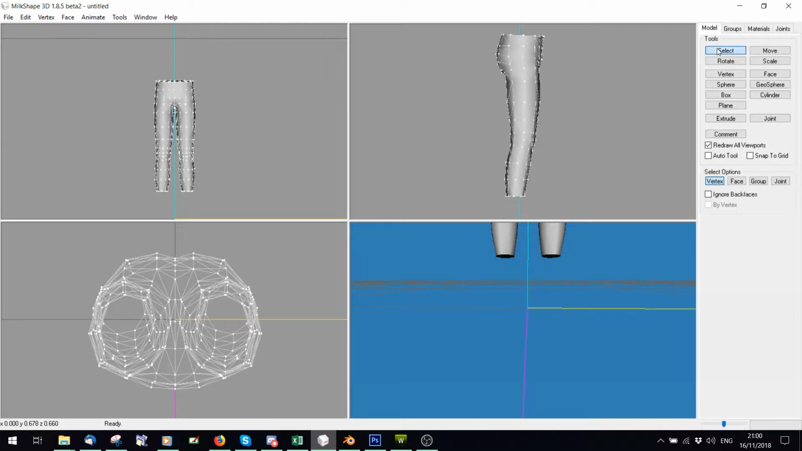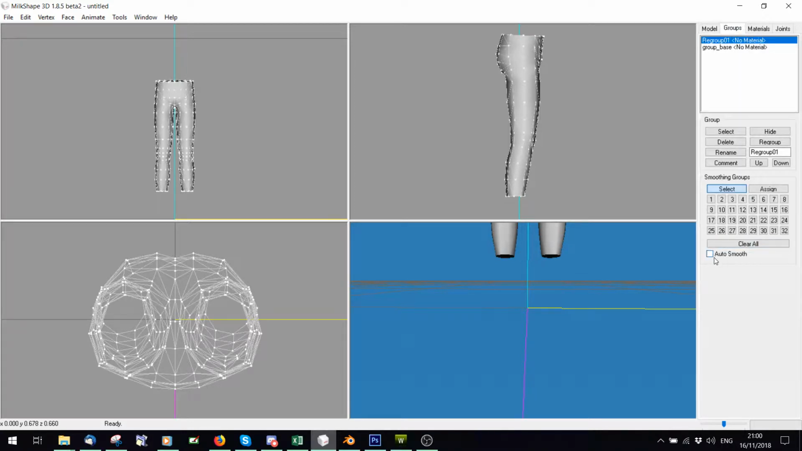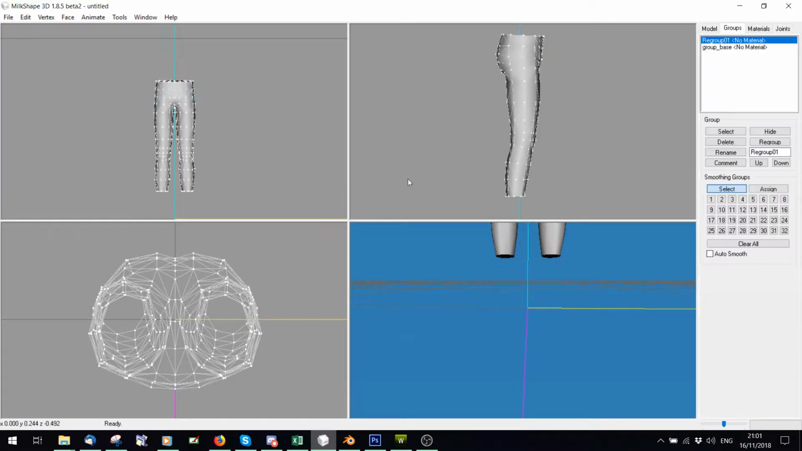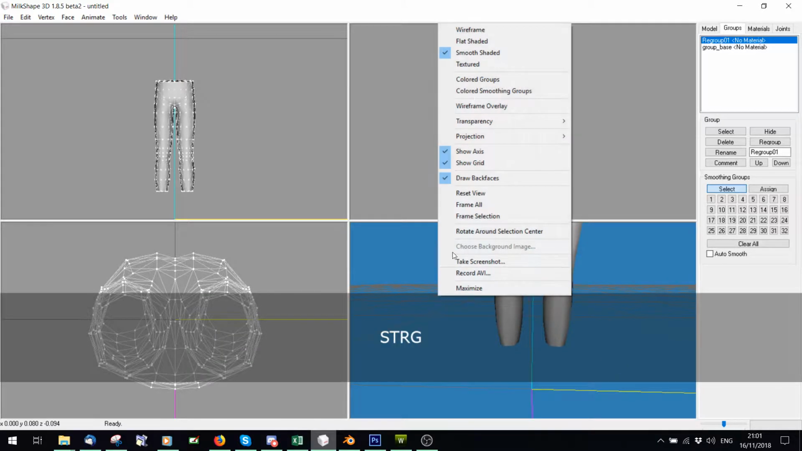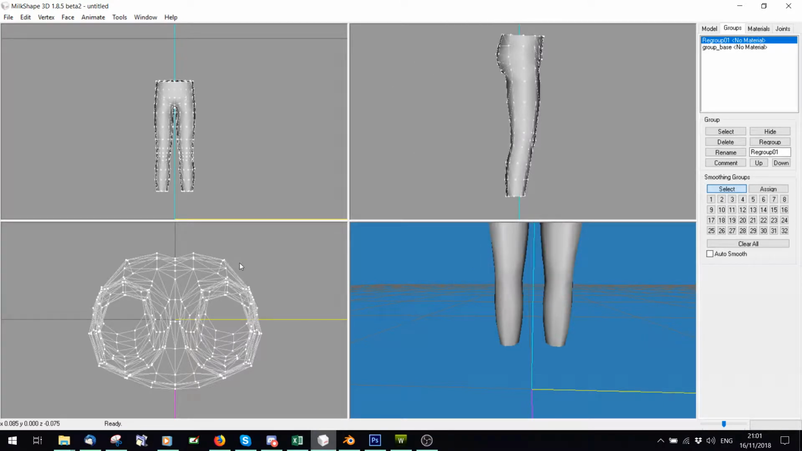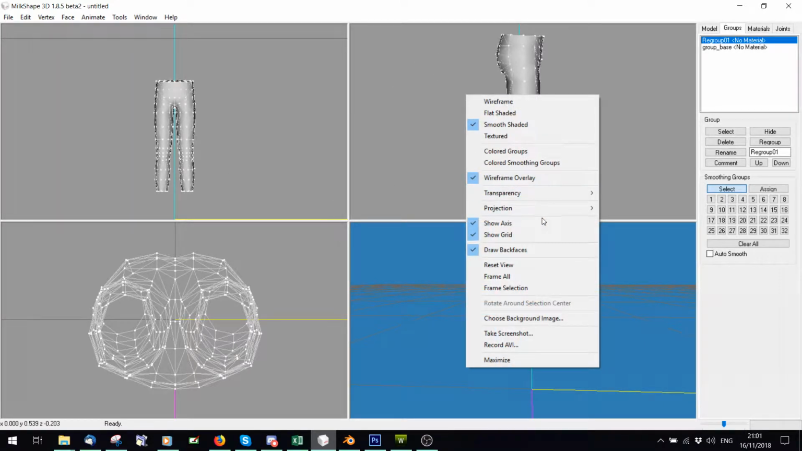So I'm just going to go to select here, make sure ignore back faces is not ticked, and make sure auto smooth is not ticked. If auto smooth is ticked, that's never good, restart it. Also make sure this show keyframe is not ticked, otherwise you've got this really annoying thing at the bottom. And to edit things like here, you can say wireframe overlay or not, smooth shaded, whatever, projection, front, top, right, back,